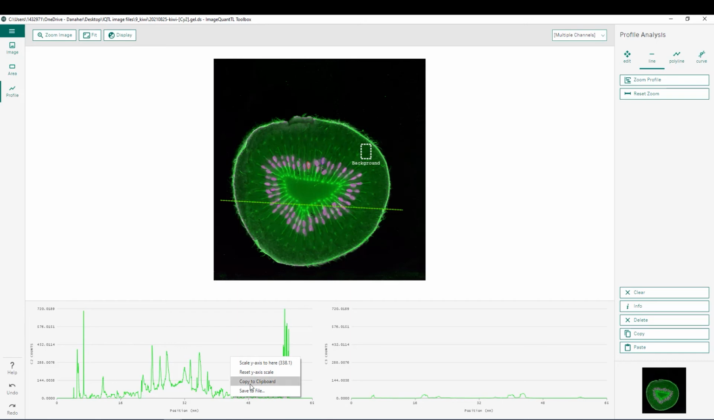So you can choose to copy that to clipboard and put it into your Excel file, or you can also scale your y-axis to any point within these intensity profiles. We can also create a polyline if you'd like to. So if you choose polyline here, you can start it wherever you'd like and create as many angles as you would like here as well. When you're done, just go ahead and select Enter, and it will create that line for you as well as